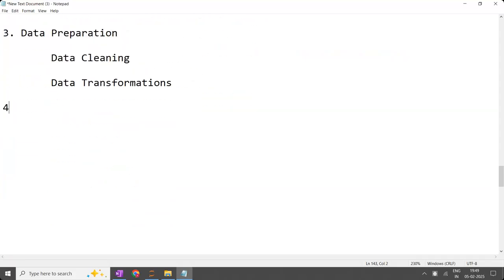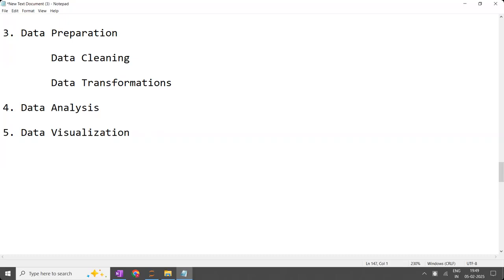After transforming the data, we have clean data. Once the clean data is ready, they do the analysis on the data. This analysis will be observed either in tabular format or based on plots, data visualization. The data analysis will be done either in tables or by using different types of plots.